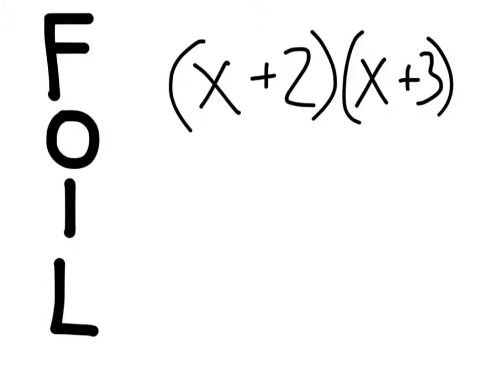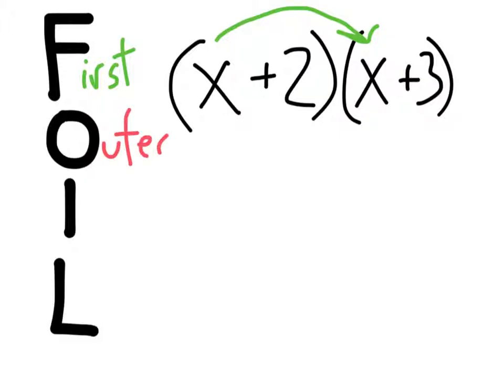Today we're going to be multiplying binomials, and we're going to be using a method called FOIL, and FOIL is going to help us. The F in FOIL stands for first, and that's going to be this very first term, and we're going to be multiplying that right into here. The next letter O stands for outer, and that's going to be multiplying the first variable right here into the second term of the second